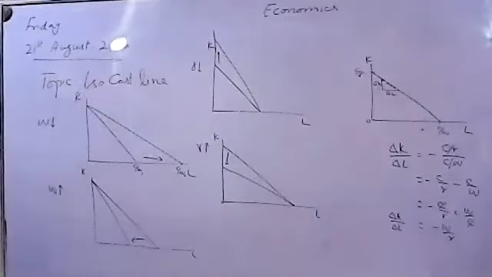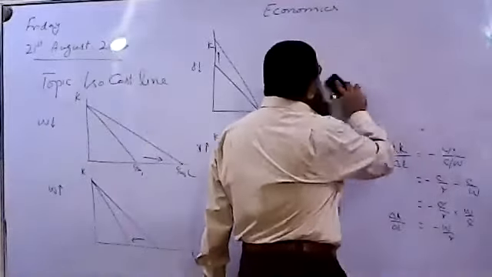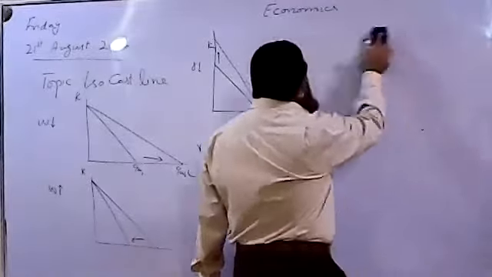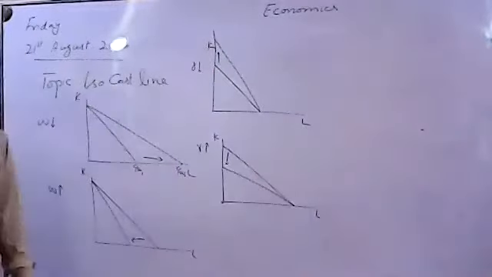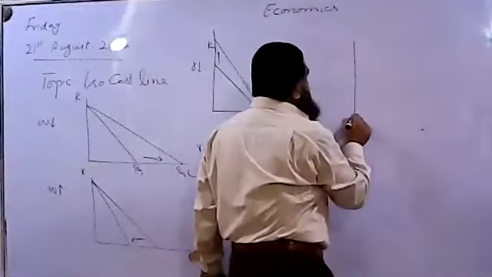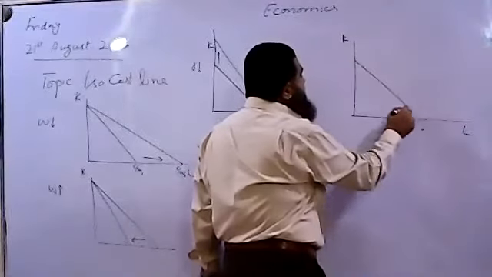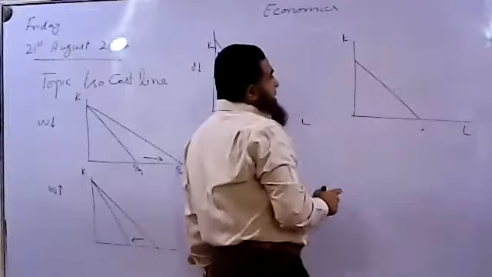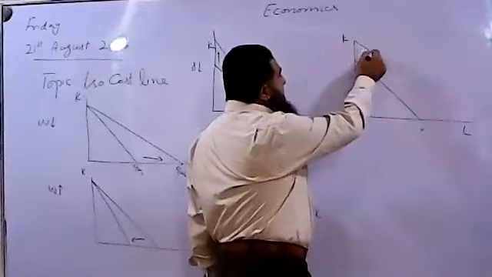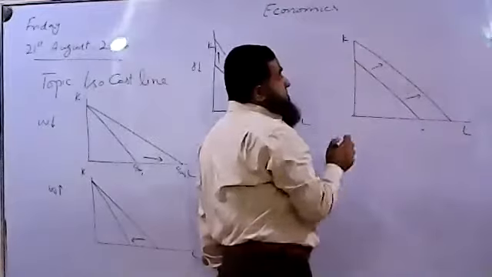Now come towards another point of the isocost line. What is that? If a firm wants to produce more output, it has to employ more labor and more capital, even if wages and the rate of interest remain the same. Now see, this is one isocost line. If the firm wants to produce more, it is hiring more labor and more capital. Then what happens? We have a parallel outward shift.